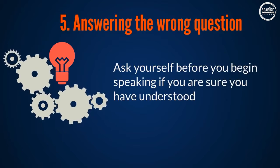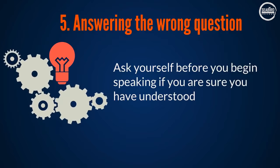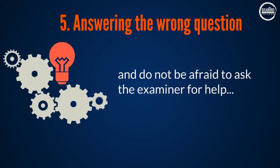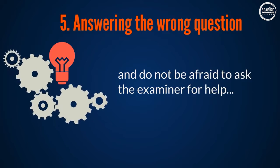5. Answering the wrong question. You will lose marks for coherence if your answer completely fails to address the question. Ask yourself before you begin speaking if you are sure you have understood, and do not be afraid to ask the examiner for help. But be sure to avoid